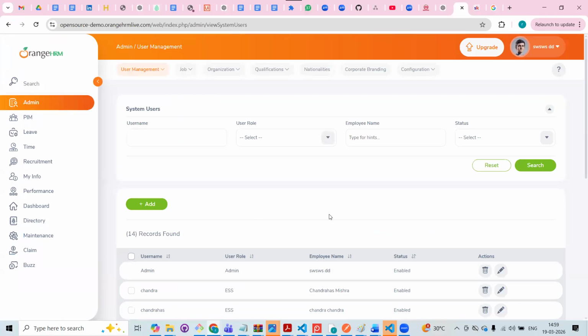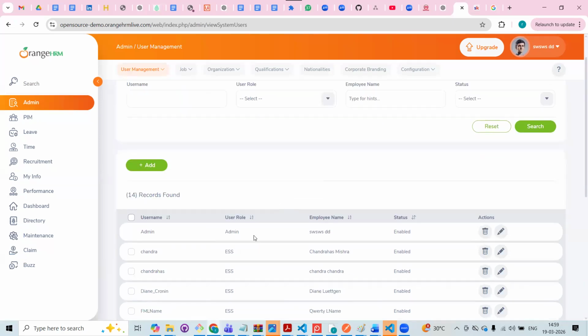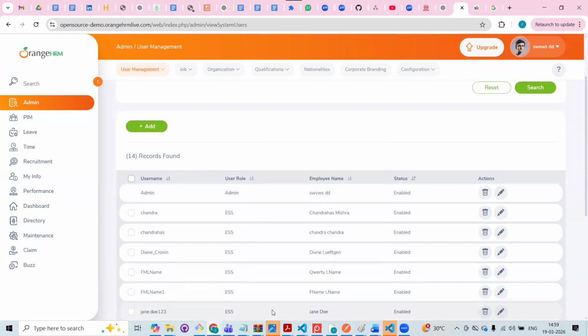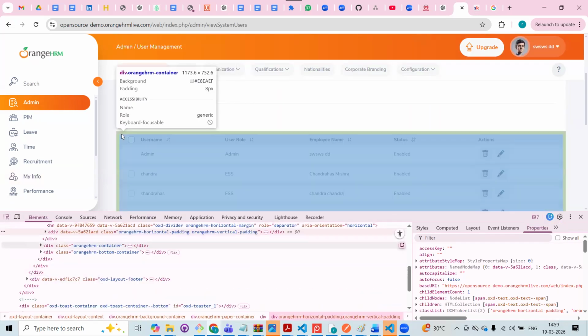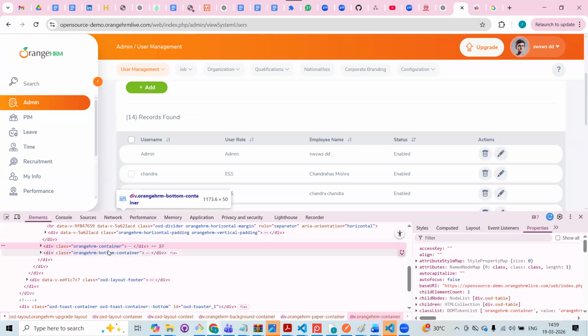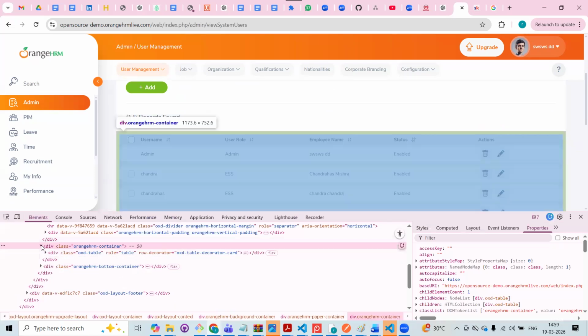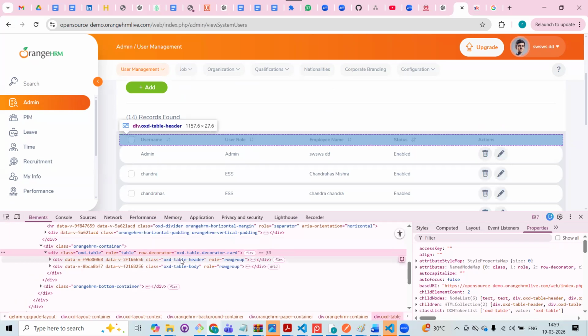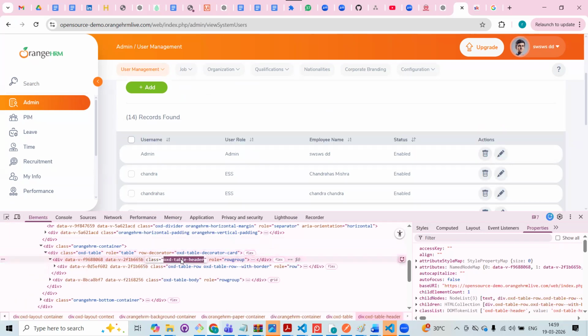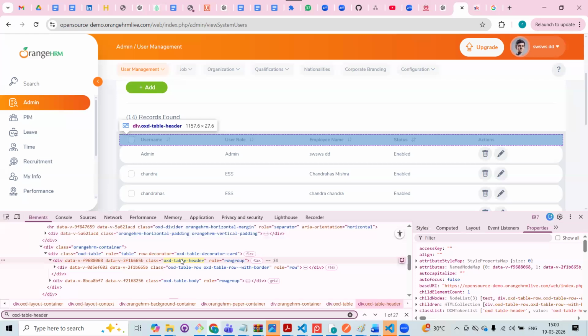Can you just show how you found the locator for the table header? Table header, this one. Okay, see, inspect. First, you have to identify the table. Go here. Okay, this is the table. When it's highlighting everything, this is the table. Correct. Inside that, you see here, table header is there. Correct. So just give here. It's a div tag and it's a class. Class means you can give dot in CSS.